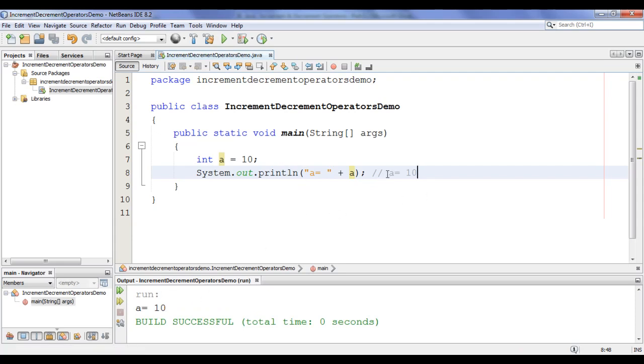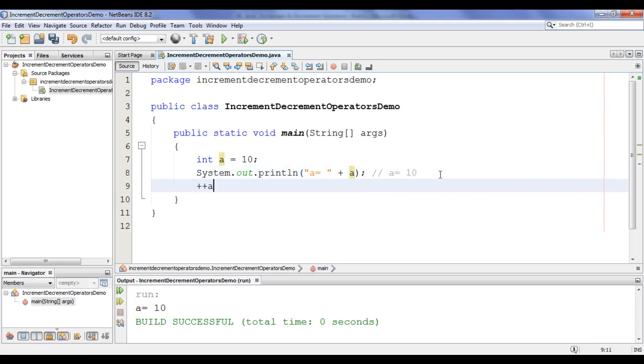Now I want to increment the variable a value by 1. To increment the variable a value by 1, either I can say ++a or I can say a++, guys. Step by step we will understand what is the difference between writing a++ and ++a. At present, to increment the variable a value by 1, I say a++; When this statement is executed, the variable a value is incremented by 1. Previously it was 10. After this statement is executed, it becomes 11, guys.